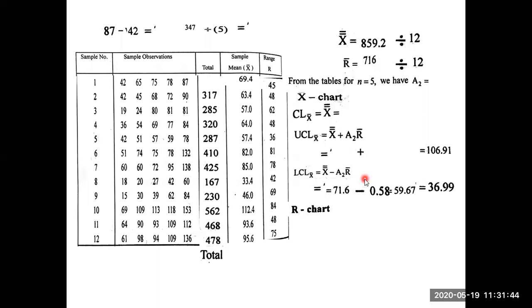So next, R chart formula. R chart is nothing but R bar formula. R bar is how much? Already here the value you did that one. That is 59.67 is R value. Next, D4 R bar, D3 R bar. Upper control line is D4 R bar. D4 from the chart on tables you have to get it. D4 R bar. D4 is 2.11.